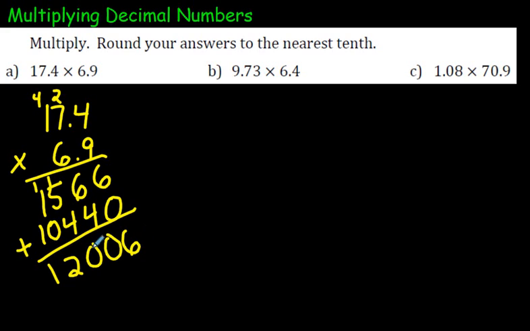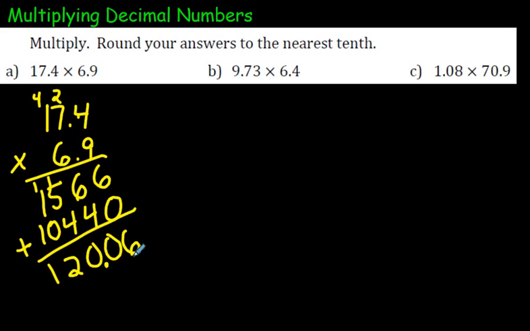And then, obviously the answer is not this, right? So what we do is we count the decimals. How many numbers are after the decimal in the question? There's 1 there, and there's 1 here. So what we do is we hop over 2 places. We put the decimal right there. And if you were to take a calculator and multiply 17.4 times 6.9, you should get